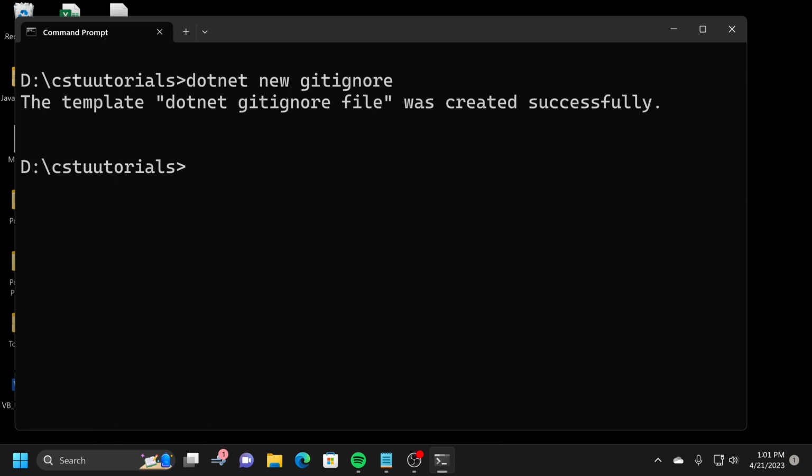The next thing we want to do is actually create our C# project. And we are going to use a template called console. Now, the console template creates a basic C# .NET console project. So there's no web components or anything like that for working with ASP.NET. There's no Windows Forms, no WPF, nothing. It's just a console application. So to do that, we can go ahead and do a dotnet new console,